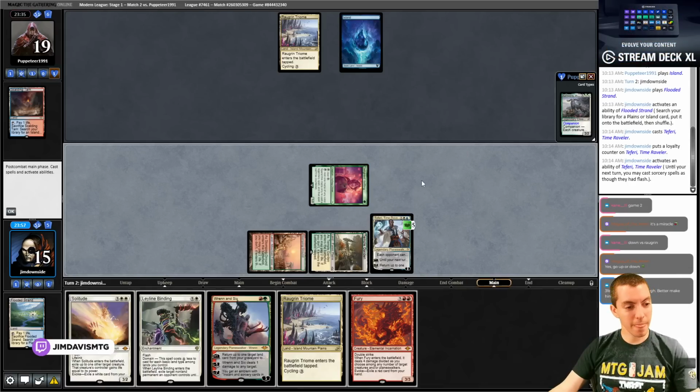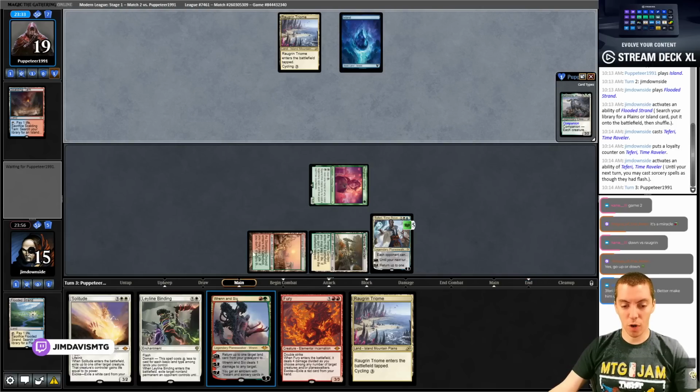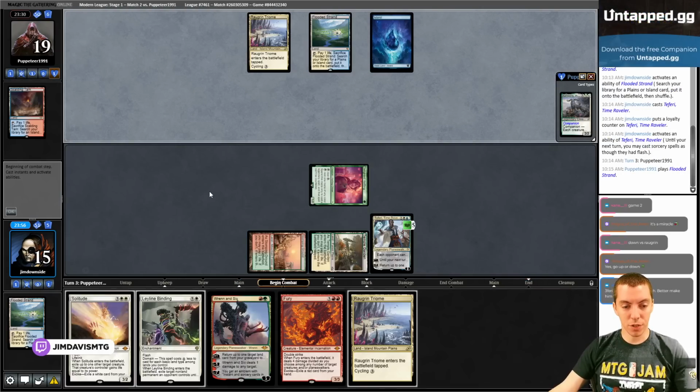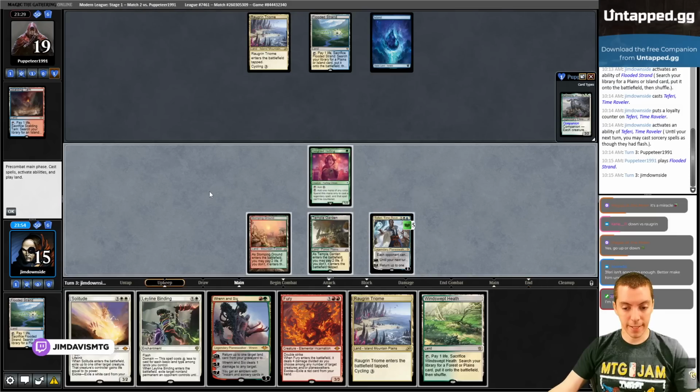Hello. Say go. Got the fetch time for our Wrenn too. They play a Flooded Strand. They just say go here. Oh my god, we're doing it. We're doing it. Alright, so